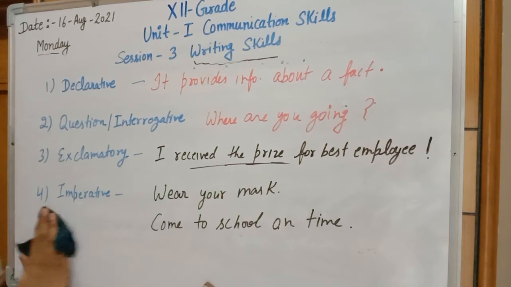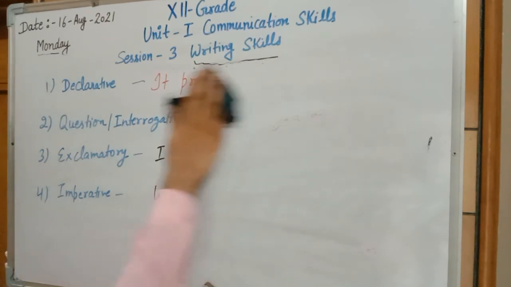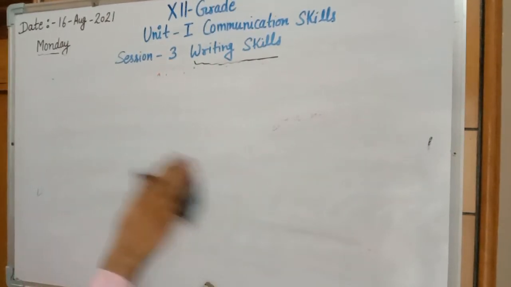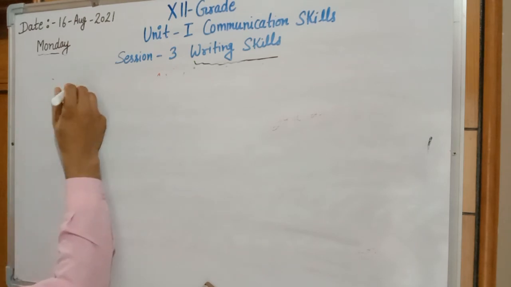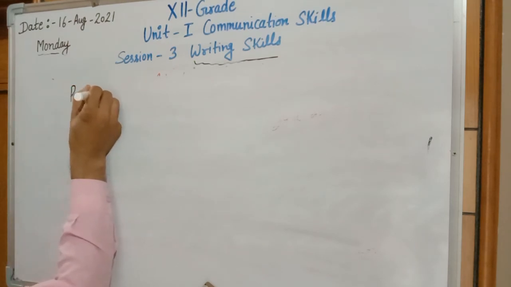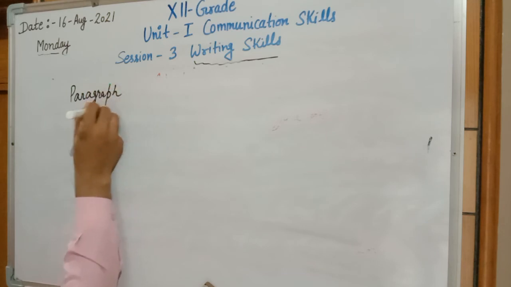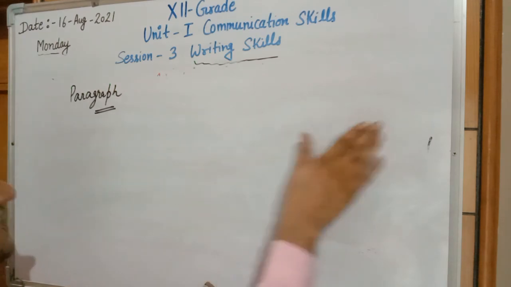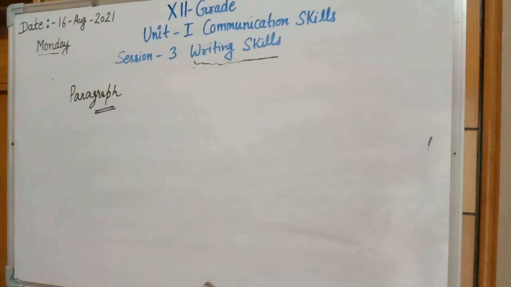When we combine sentences, it means when we combine multiple types of sentence, when we write a group of sentences, that group of sentences is known as a paragraph. So what is a paragraph? A paragraph is a group of sentences which provide related statements for a meaningful statement. It means it provides a meaningful statement for a specific topic, for a specific article or for a specific theme. It can be for your school, for your friend, for your family. That group of statements is known as a paragraph.